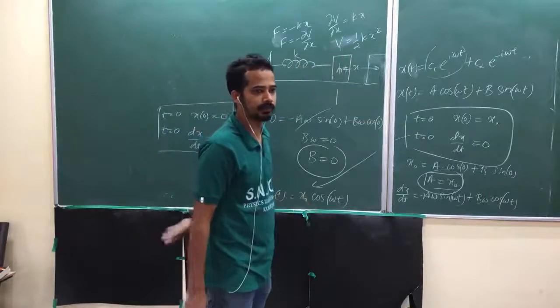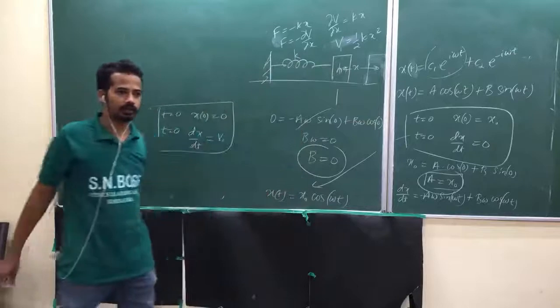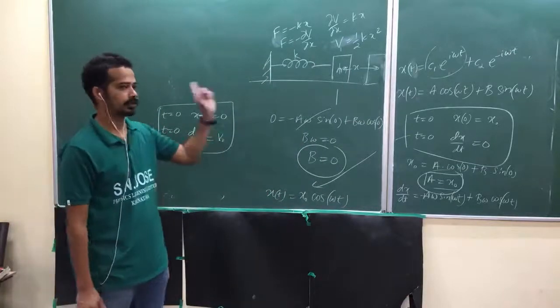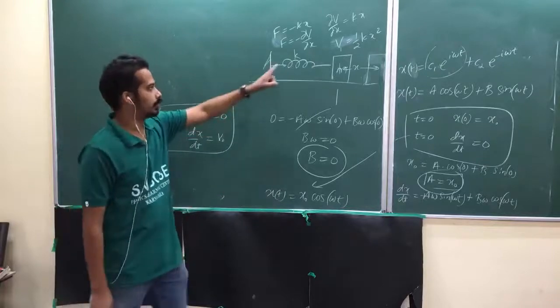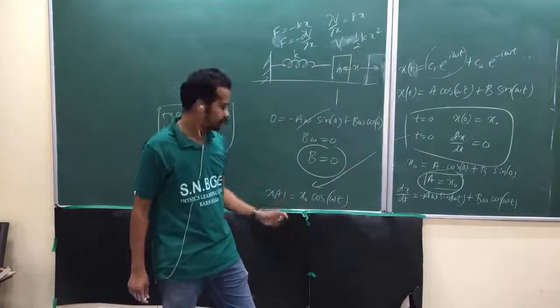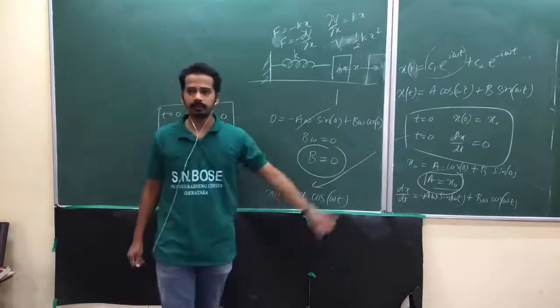Kinetic energy is half m v square. When you add those two, you will actually get a constant. Can you show that? Show how total energy is equal to a constant. Again you have to take x of t and substitute, and take the velocity, which means the derivative, and substitute. And you can show that.